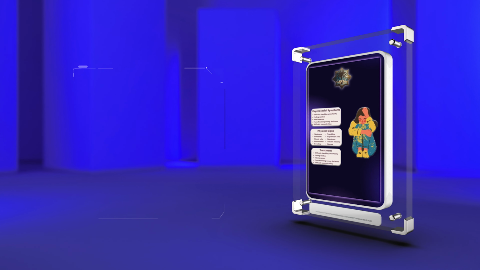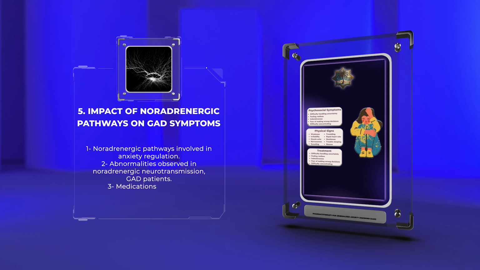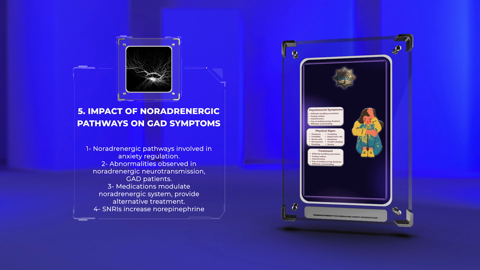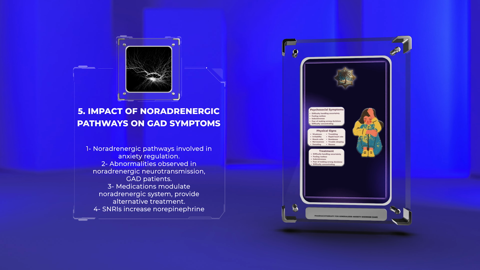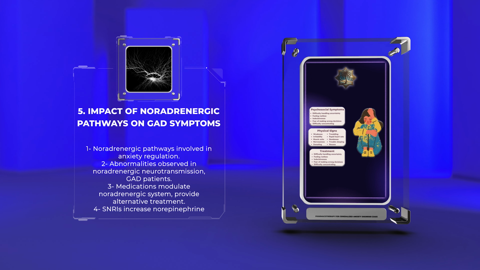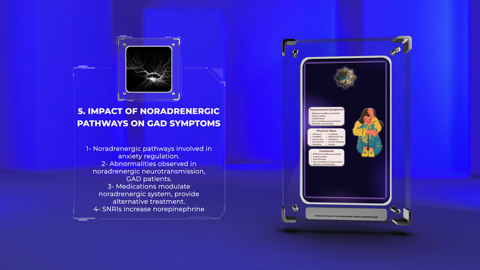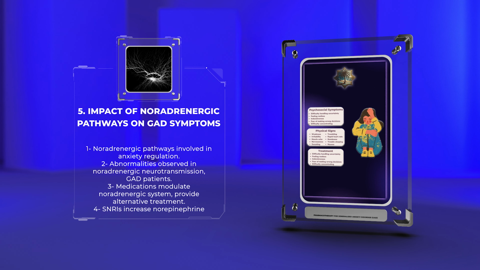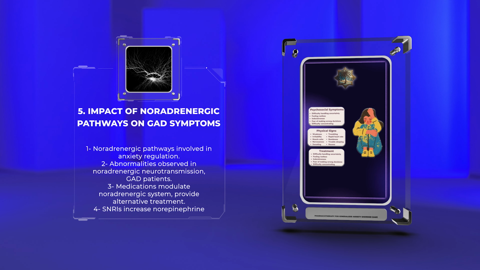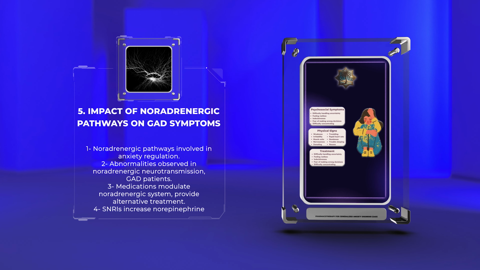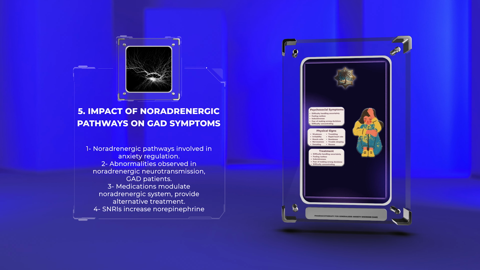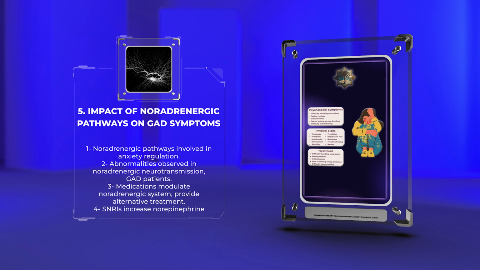Noradrenergic pathways, particularly those involving norepinephrine, are intricately involved in the regulation of anxiety. Abnormalities in noradrenergic neurotransmission have been observed in patients with GAD. Medications that modulate the noradrenergic system, such as selective norepinephrine reuptake inhibitors, SNRIs, can provide an alternative treatment approach for GAD. By increasing norepinephrine levels in the synaptic cleft, SNRIs enhance noradrenergic neurotransmission, which may alleviate anxiety symptoms in some